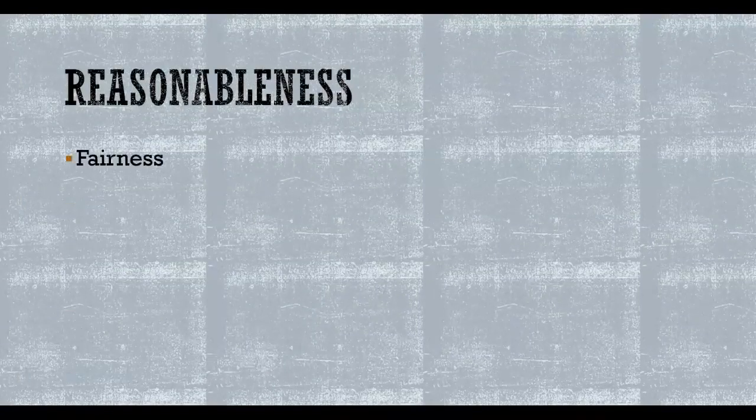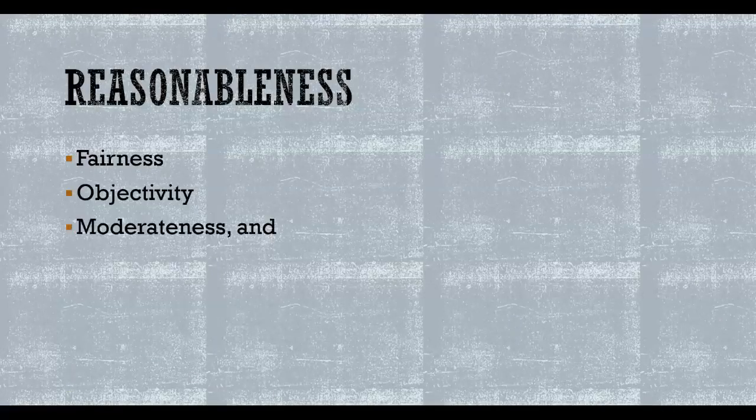The test of reasonableness involves examining the information for fairness, objectivity, moderateness, and reliability. Pay attention to the tone and be cautious of highly emotional writing. Angry, hateful tones often lead to irrational and unfair attacks. There is no such thing as pure objectivity, but a good writer should be able to control his or her bias. Be on the lookout for slanted, biased, politically distorted work. Check somewhere else before you believe such sources.